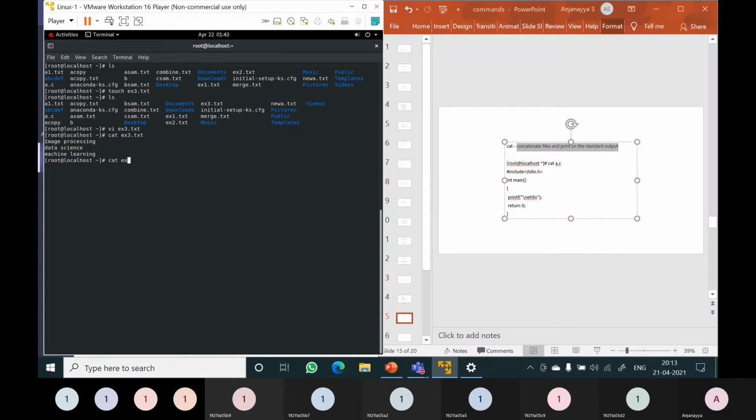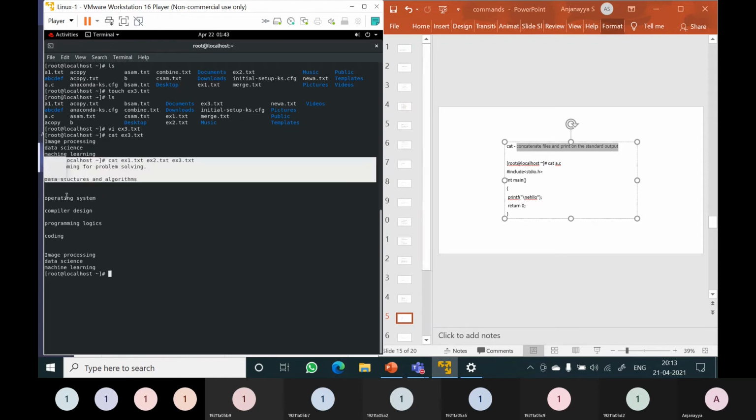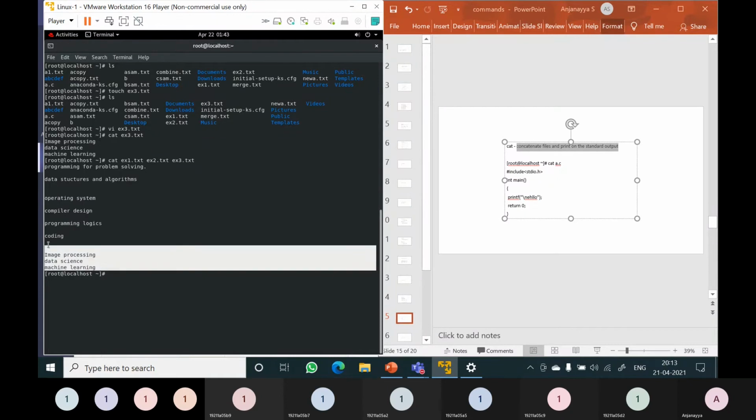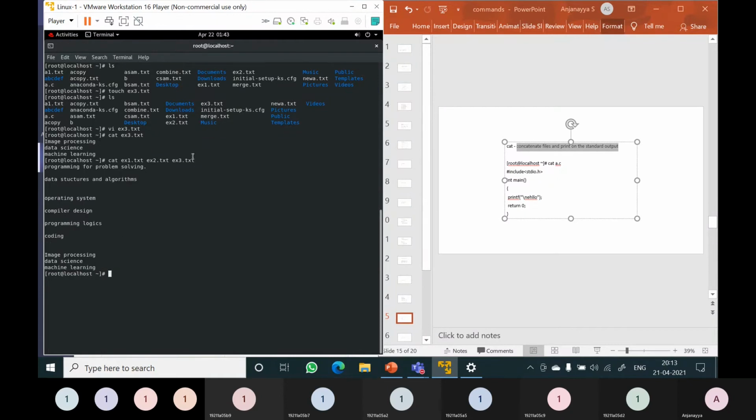Now I will show cat ex1.txt ex2.txt ex3.txt. Now it will display the three files' contents. This is file 1, this is file 2, and this is file 3. Now this is displayed onto the output screen, the standard output. Standard output is the monitor. Now if you want to store the contents into some other file, then you have to give